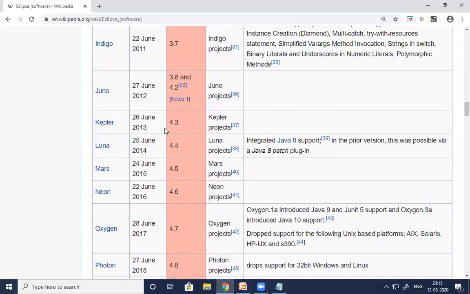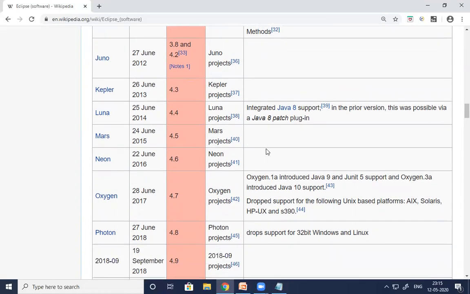In our project, we are still using Kepler. I'm handling 8 projects for my client, and in some of the projects we are using Kepler, and in some of the projects we are using Oxygen. That depends on the requirement of the client. So any version from Kepler and above you can download. It is suggestible to download Kepler, or you can download Oxygen, and Photon also is fine, guys.